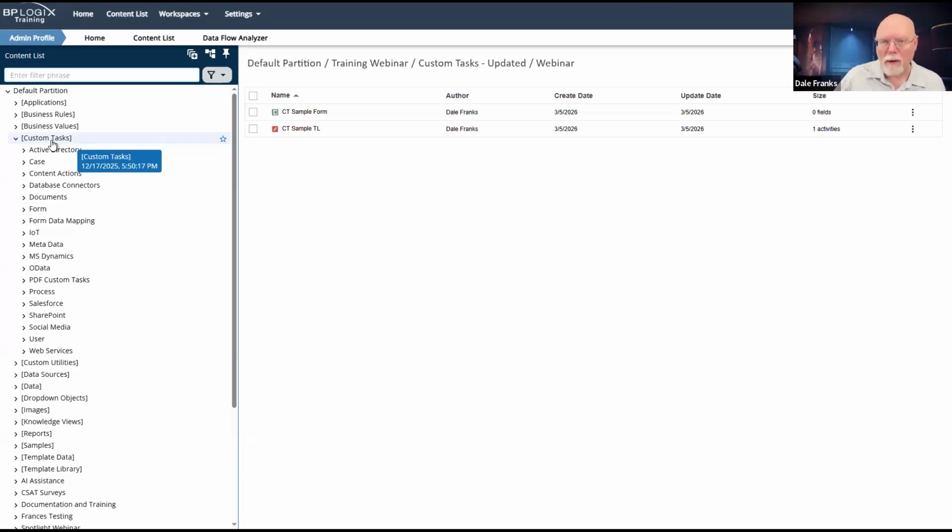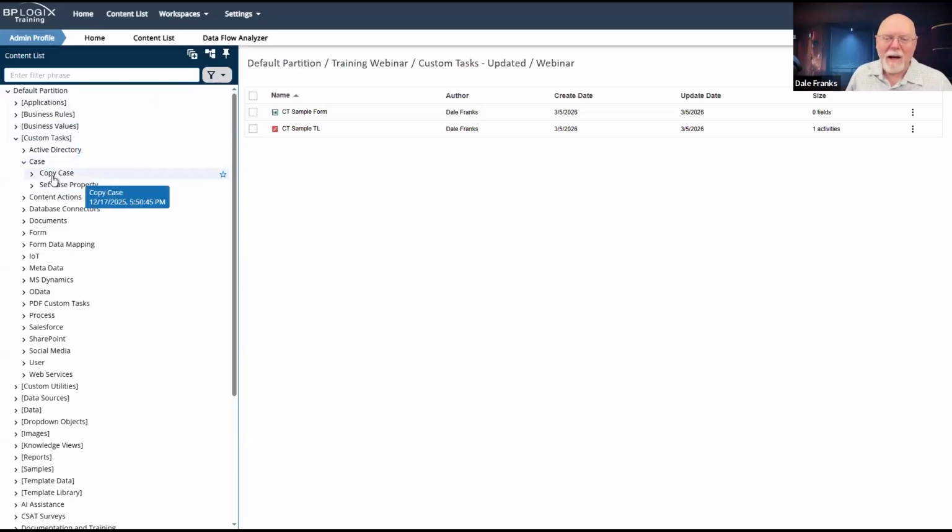So when you import into a new system, because we don't have the GUIDs, whenever we look up an object that you might have linked to, the only way that we can do that is via the object name and its folder path. The reason why you need to have a consistent placement of your custom tasks on every system, and our recommendation is always to put it right at the root of the partition, is that whenever I'm importing and I'm looking for a custom task named, say, copy case, I am going to look at default partition / custom tasks / case.